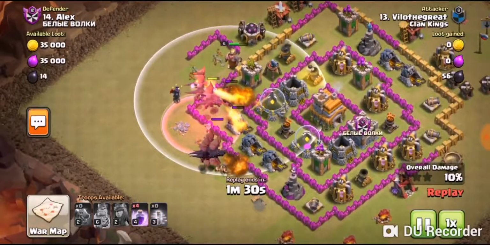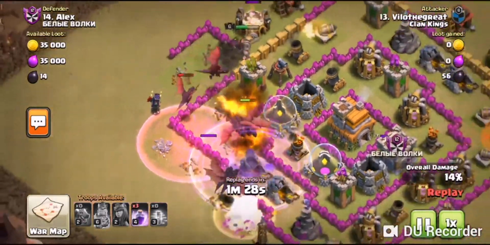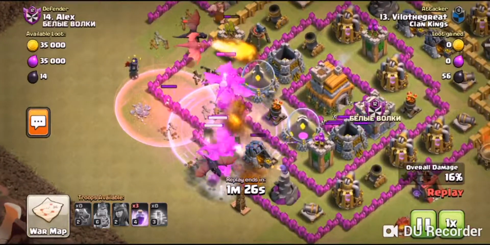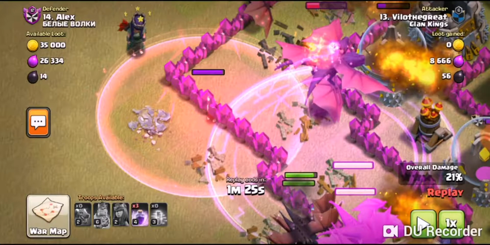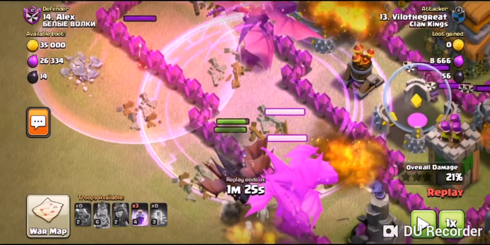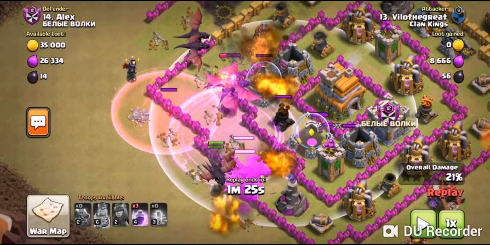So dragons are coming in. First thing they're going to go to, boom, that air defense is gone. Now I'm chucking in the haste spell, which is here. Okay guys, that's going to make them work quicker, and on top of that I'm adding a rage spell as well. The reason being is because I want them to get to this guy as soon as possible